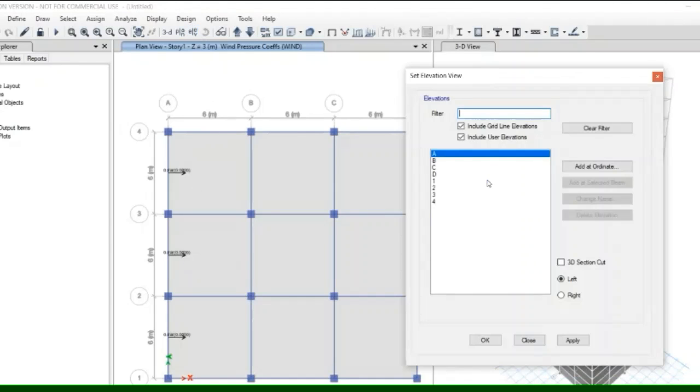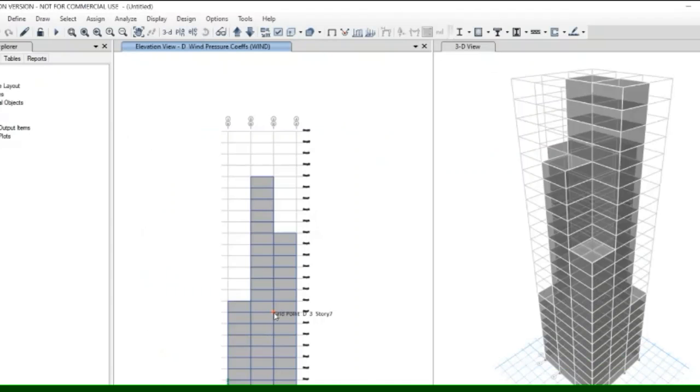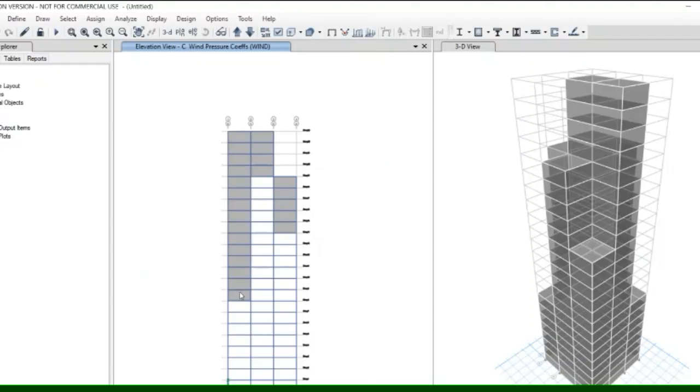Now go to elevation view, select section D, click on OK. Select all the shell of each floor where the wind pressure will apply.